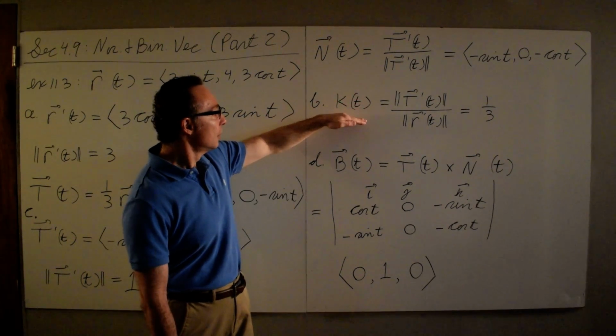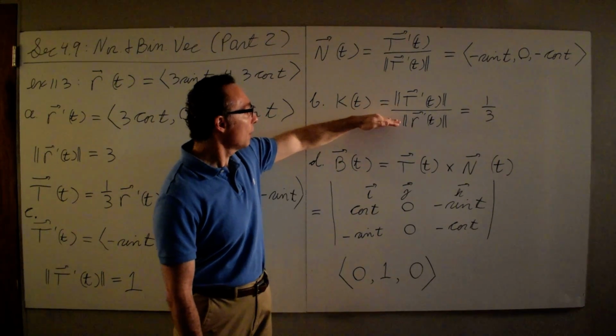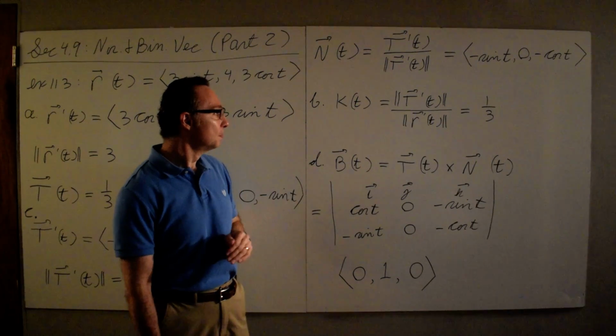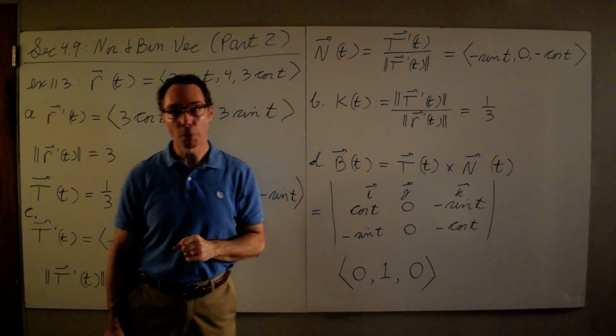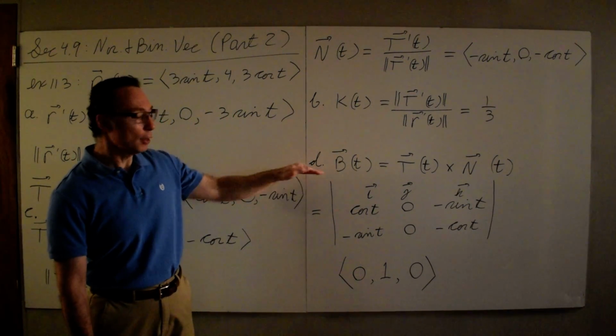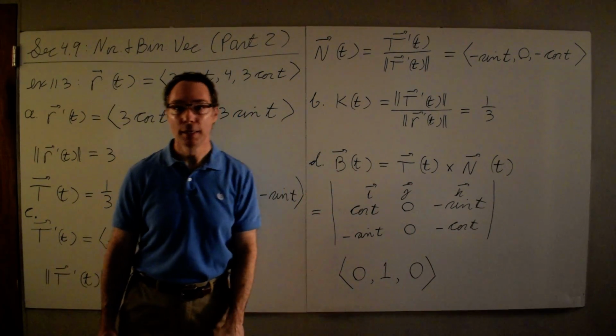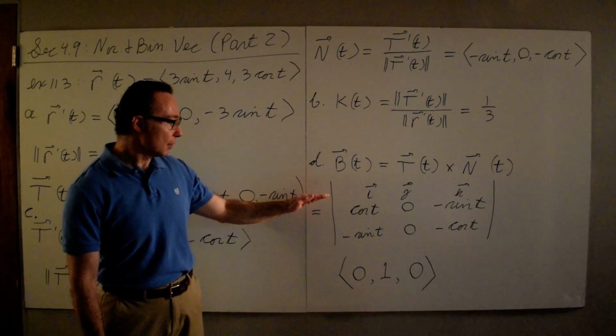The curvature is the magnitude of t prime divided by the magnitude of r prime, which is 1/3. And then finally for part D, we want to calculate the binormal vector, which is t cross n. And so we set up the determinant,